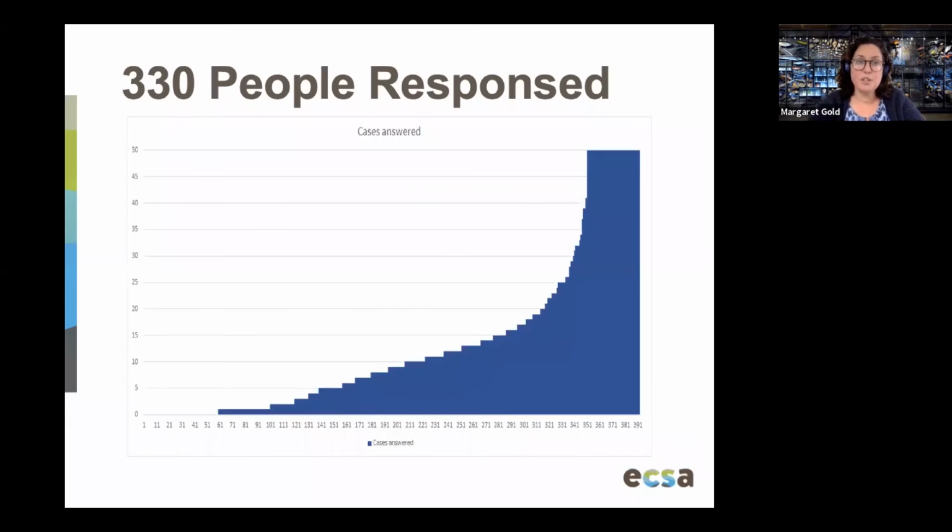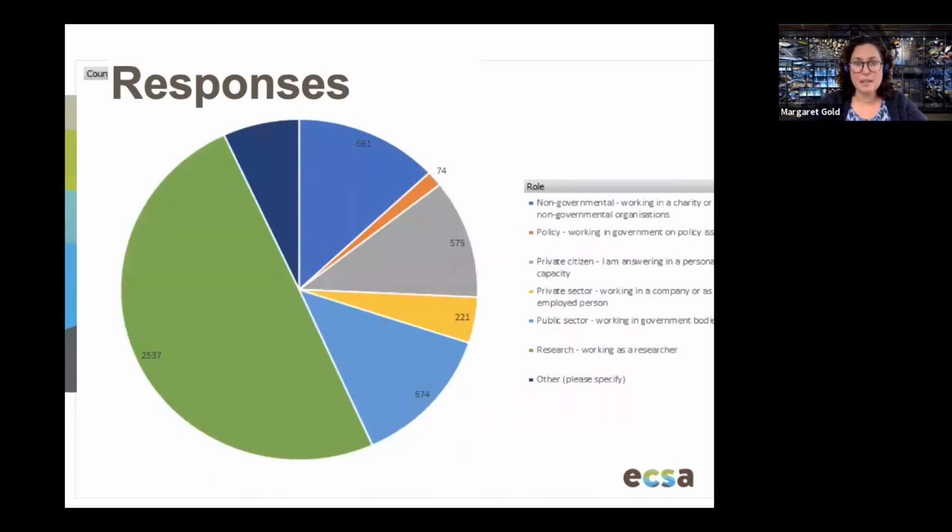So in total, 330 people responded. All of the 50 vignettes were covered by a significant number of people, and we've got another graph that shows quite a surprising long tail. On average, each vignette was covered 10 times. Also got some extra information about what would you have called something's happening there. A little bit of background explanation.